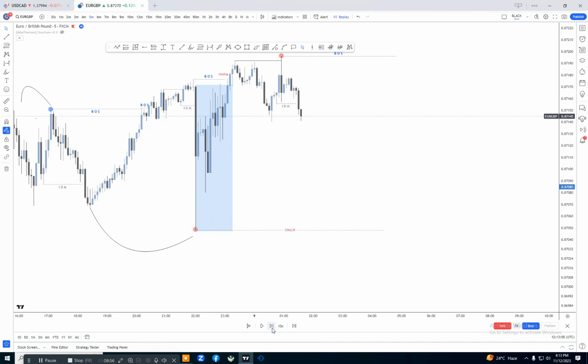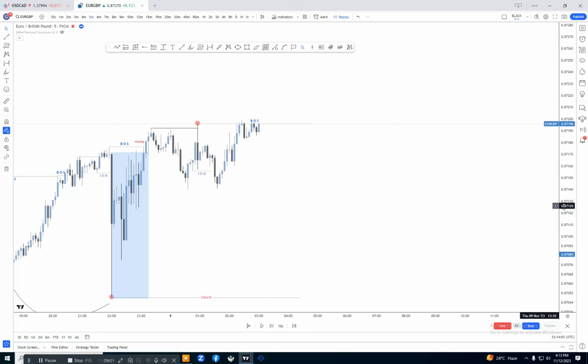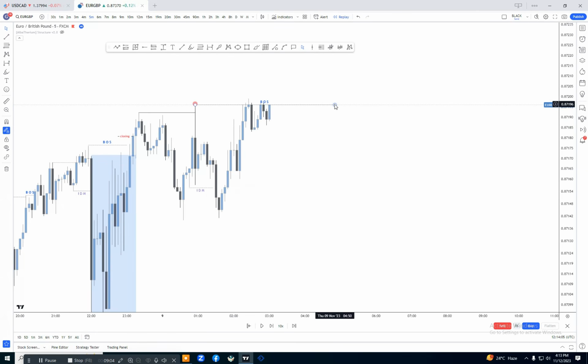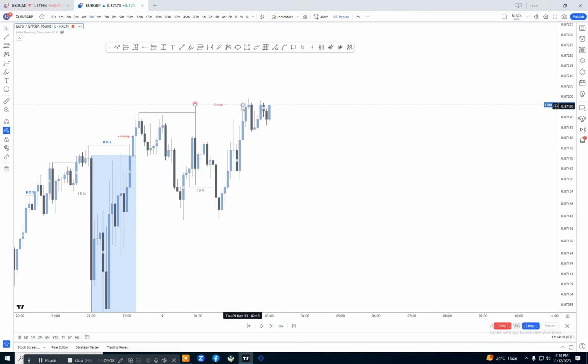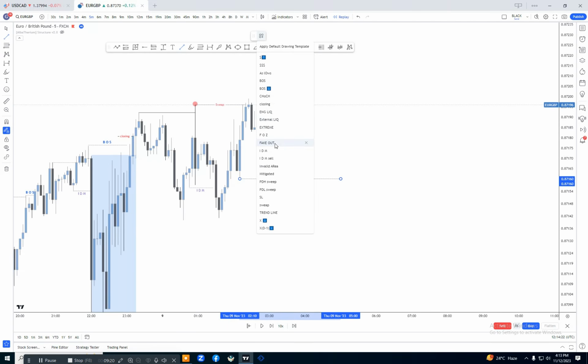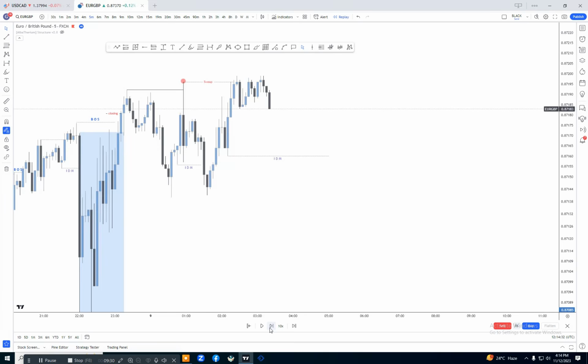Now if we see again in the market, if you see here, the market again just swept the previous candle high, so that means it's just a liquidity sweep. The market did not give us a candle closing confirmation, so we will wait for the candle closing confirmation. But if the market again takes out this inducement, our higher high will be shifted from this area to that area. Let's see what the market will do.